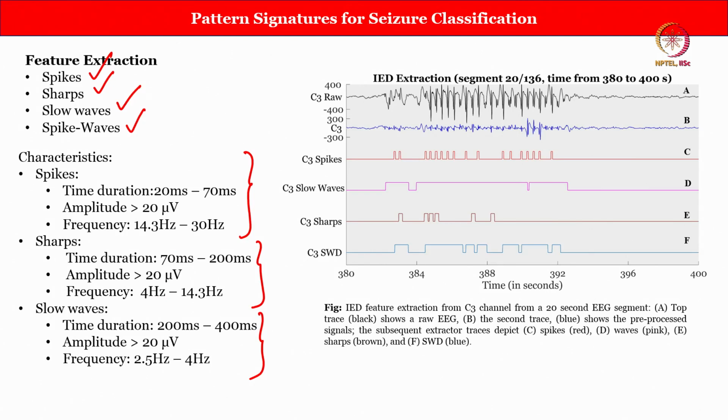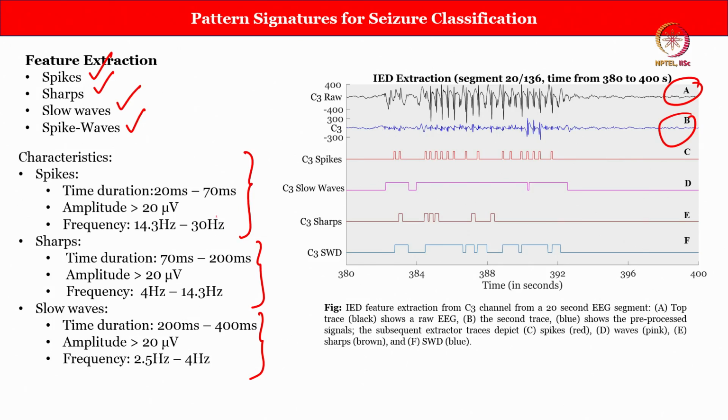And here is an actual representation, right, of the EEG data extracted using the 10-20 system, and you had just taken data from one particular channel, which is your C3 channel, for about 20 seconds, and you can see that the first one, which is the A, right, this one, is nothing but a raw EEG signal. Now, the second one, this B one, is your pre-processed signal, and the subsequent extracted traces depict C, which is spike, right,